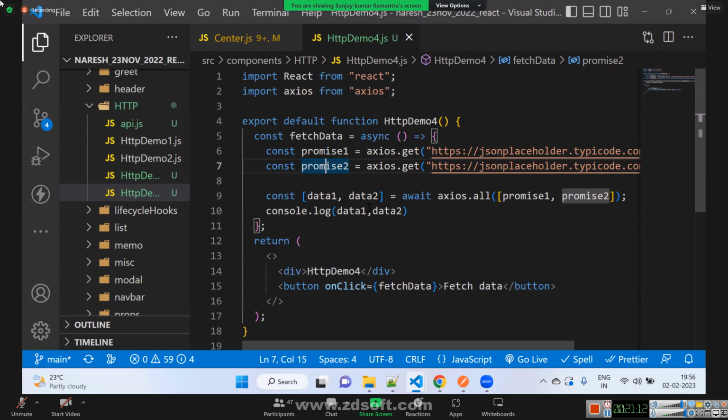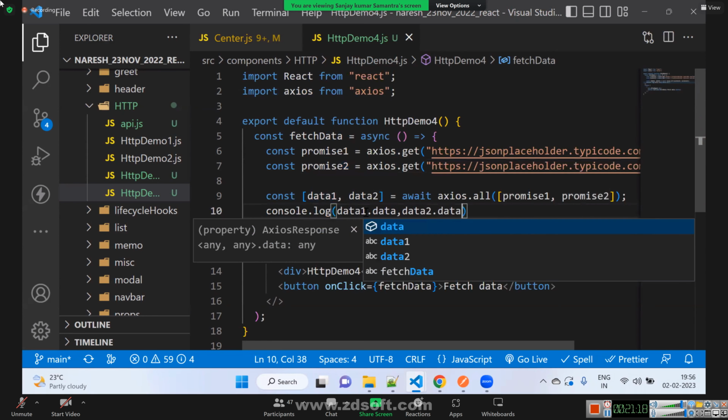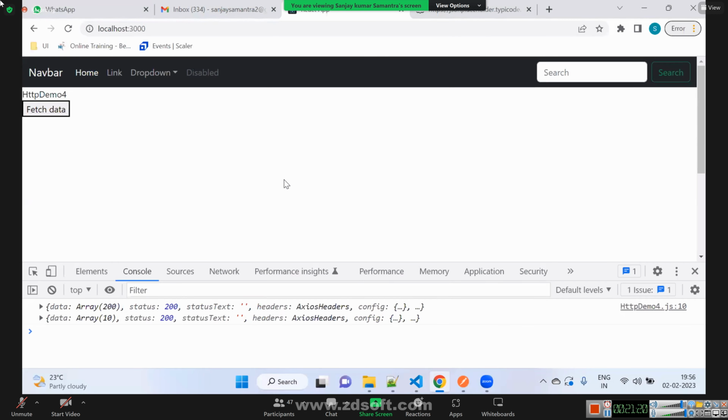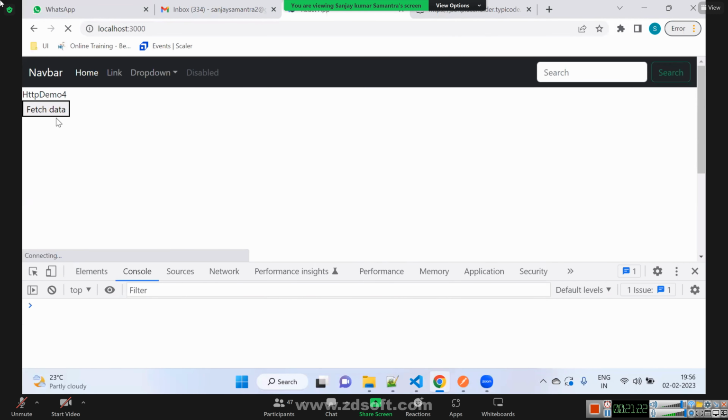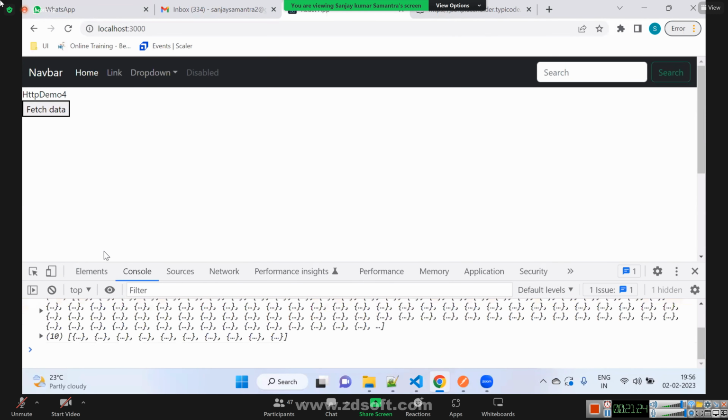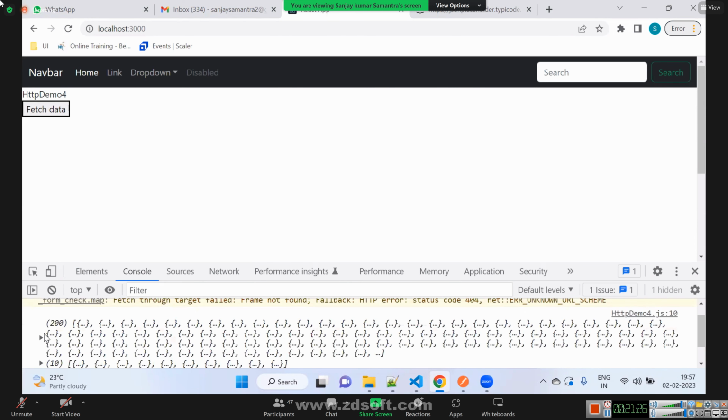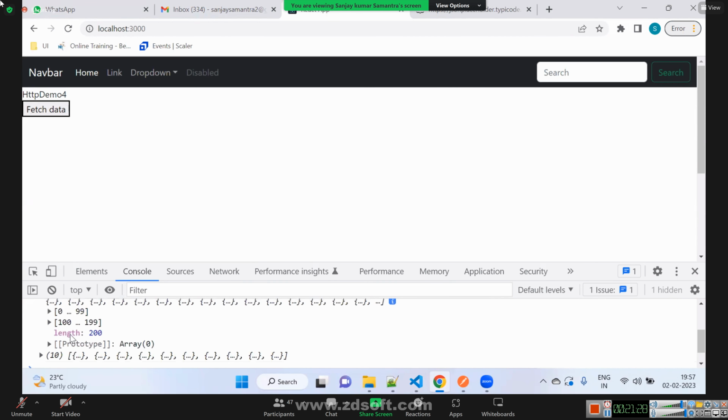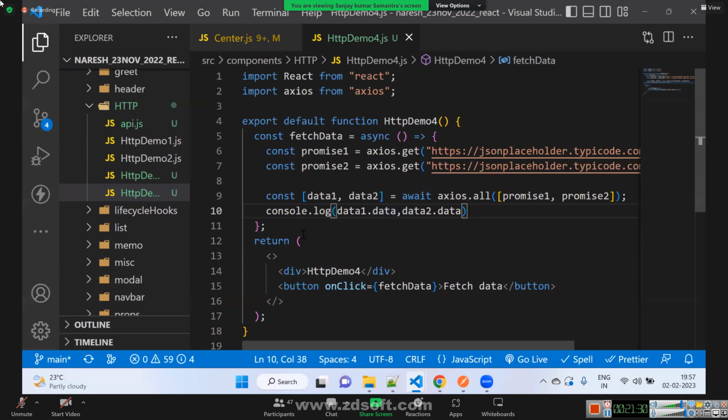Okay. data1.data, data2.data, because it is an object. So when we click, we get 10 users, 200 comments. Look at this code and tell me if you have any question.